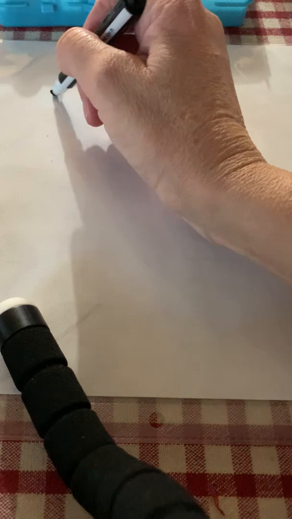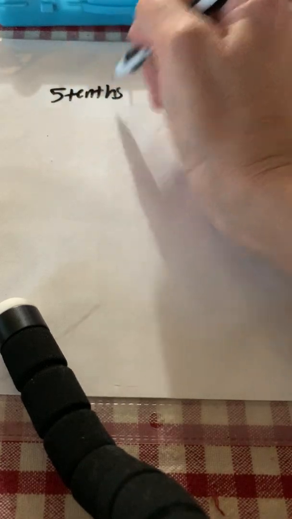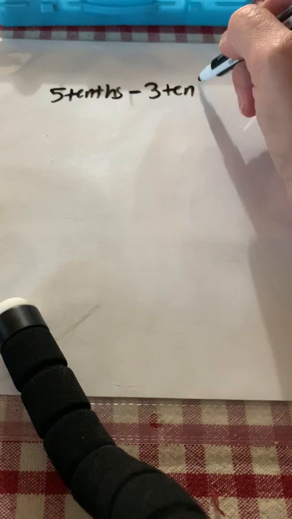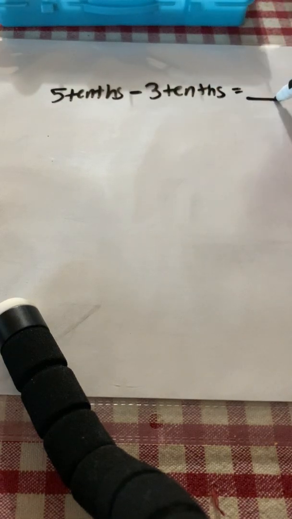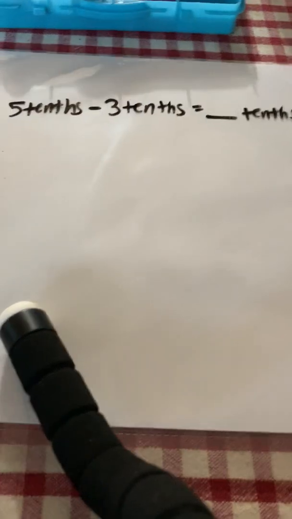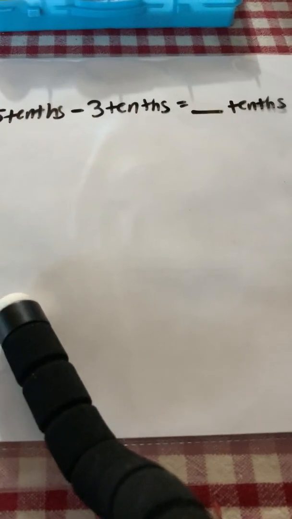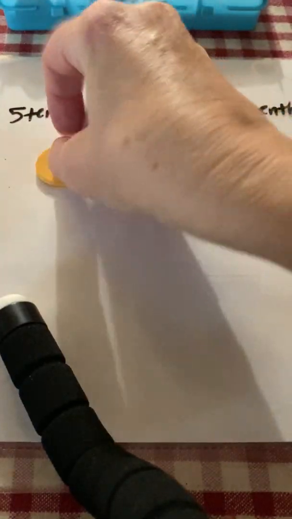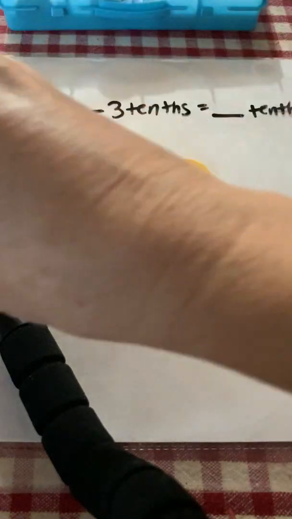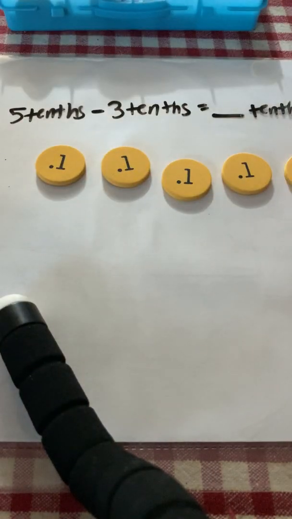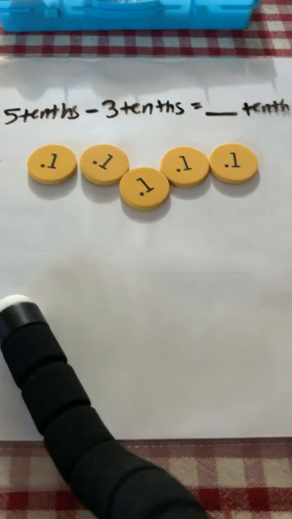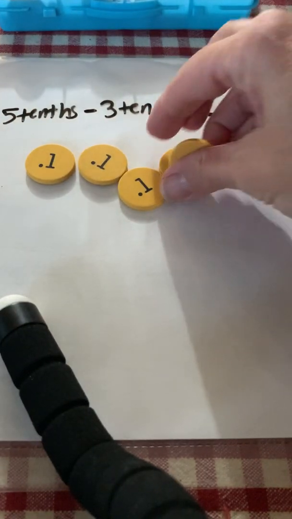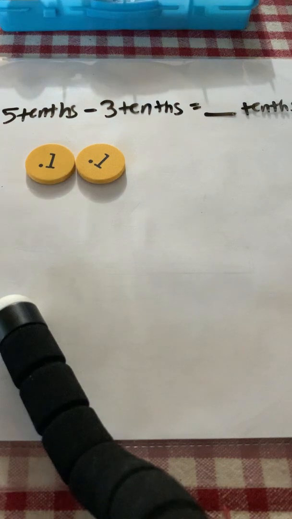And we're going to solve the problem 5/10 minus 3/10. We're going to find out what that equals. How many tenths? Now, this is a fairly easy problem to start with, and I bet a lot of you can do it in your head, just thinking about the units. 5/10 minus 3/10. So if I take my place value discs, I start with 5/10, and I'm going to subtract or take away 3/10. So I would take away 1, 2, 3, and I would be left with